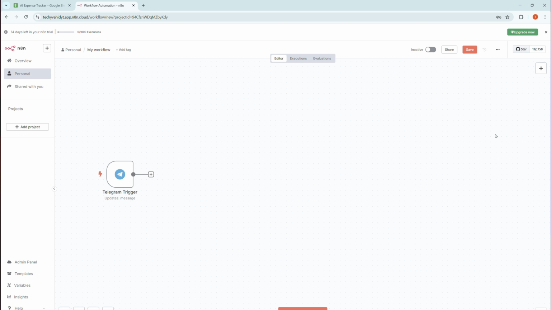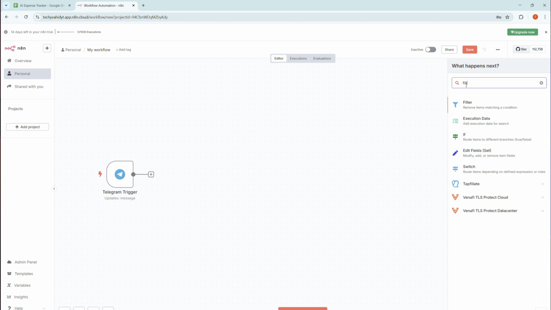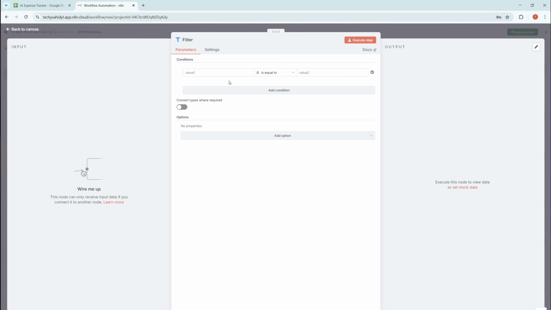Next, here's a pro tip to avoid a common headache. When a user first starts your bot, they send a /start command. We don't want that logged as an expense. By searching Filter from the plus button, add a filter node to your workflow. In the filter settings, set the value 1 to expression. So there is fixed and expression. We have to select expression and add open curly braces,